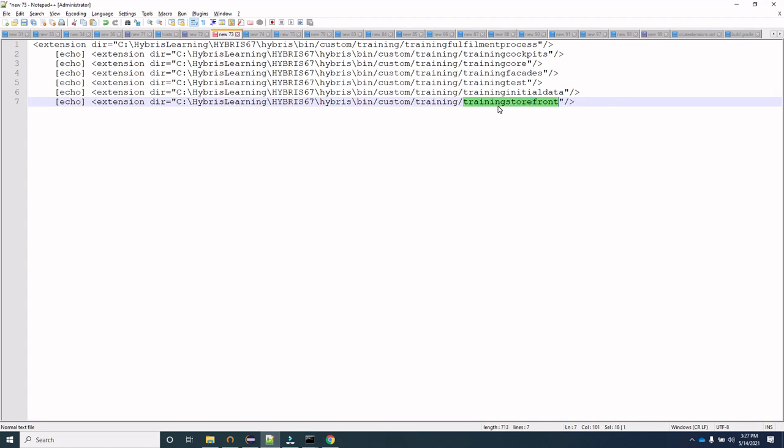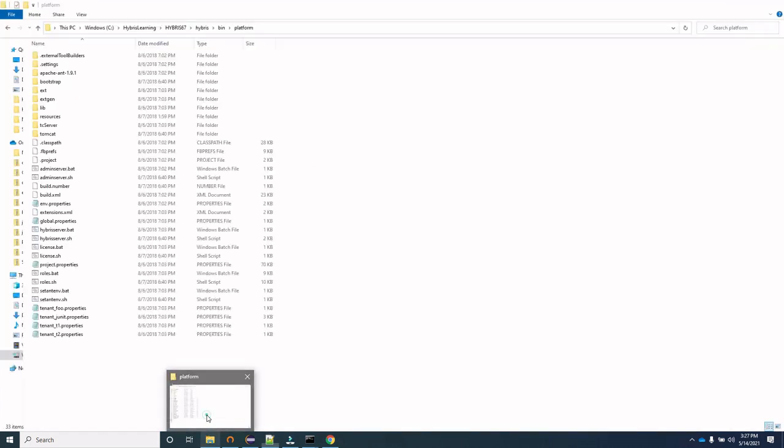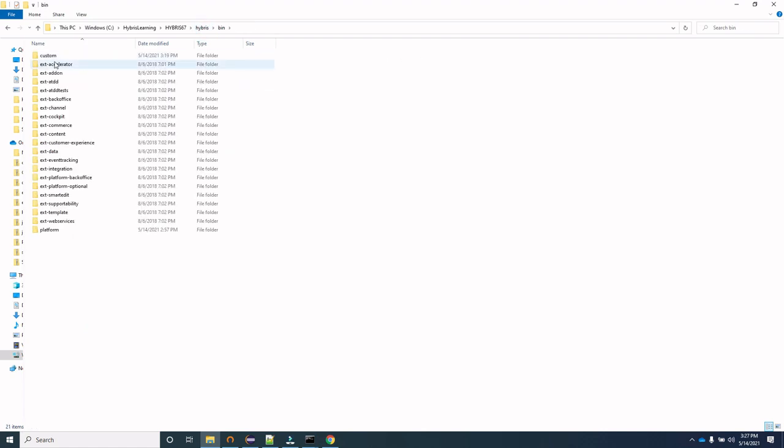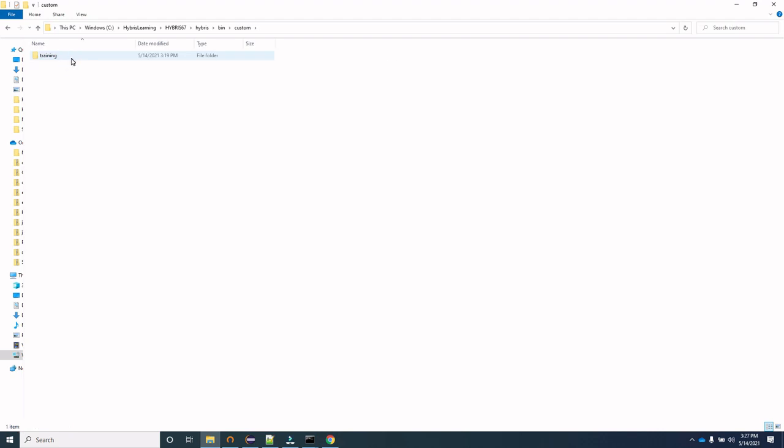Every time you run the module gen command, these 7 extensions get created. Where do they get created? If you go to the Hybris folder inside bin, you will see a custom folder is now created. You can check the date as well, it is of today. Inside this custom folder we have training, and inside training we have all these 7 extensions that get created.